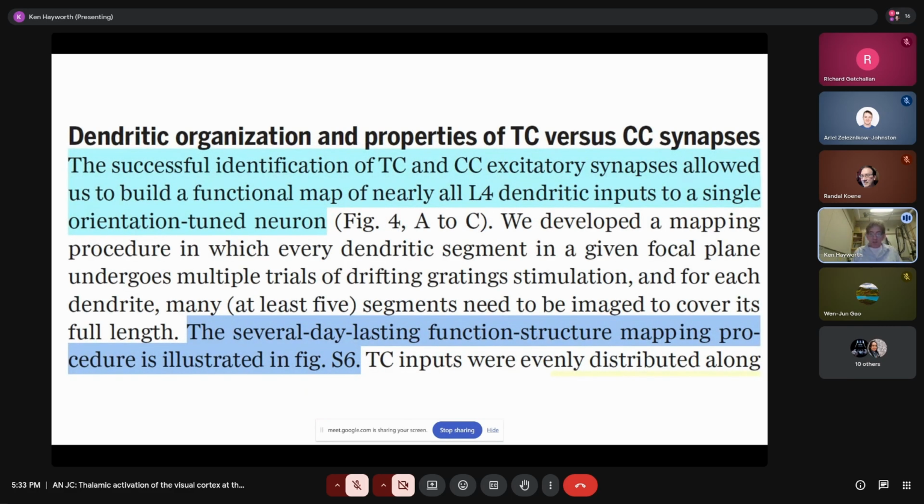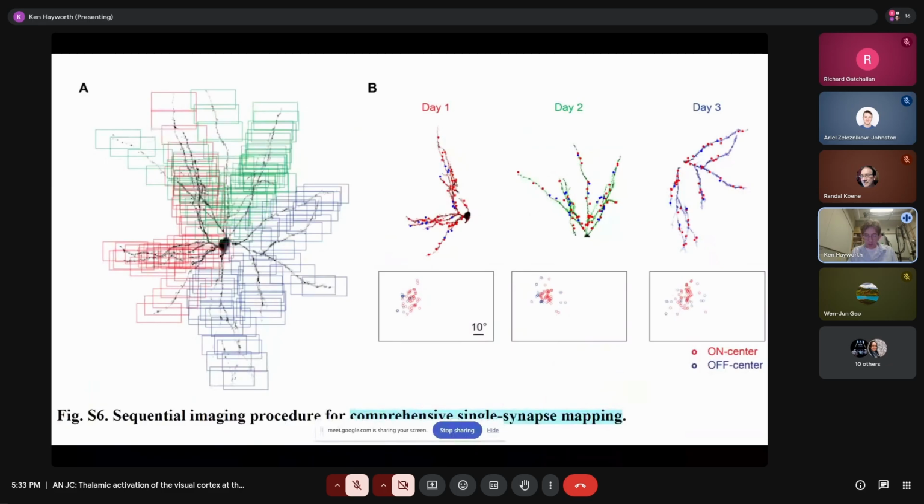Okay, so the successful identification of thalamocortical and corticocortical excitatory synapses allowed us to build up a functional map of nearly all layer 4 dendritic inputs to a single orientation tuned neuron. And in order to do that, they needed an experiment that lasted several days. So they talk about figure 6 here. Forget about B, but